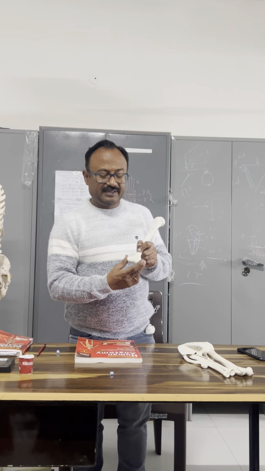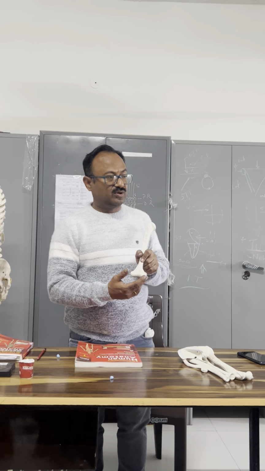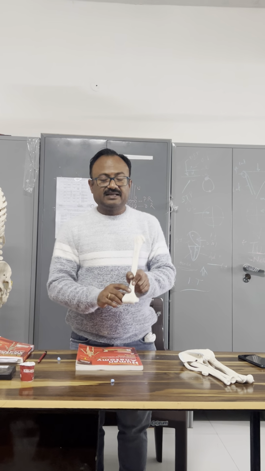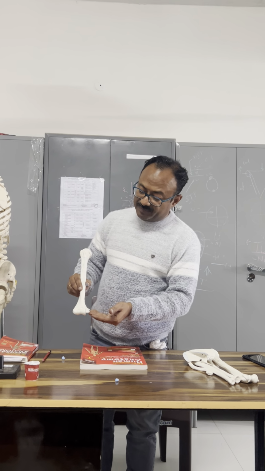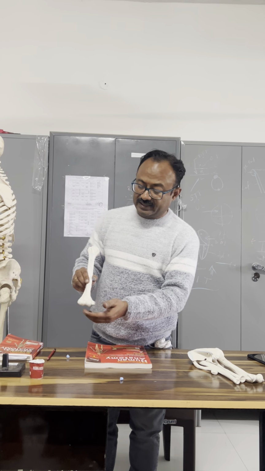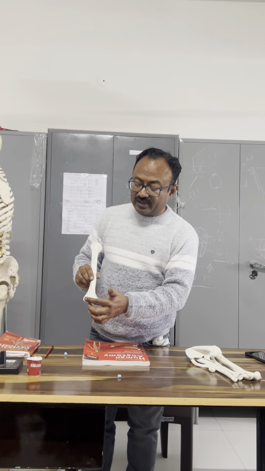Lower end is expanded and it forms the two epicondyles, so medial and lateral epicondyle. You will find that the medial epicondyle is more prominent than the lateral one. At the lower end you will find a